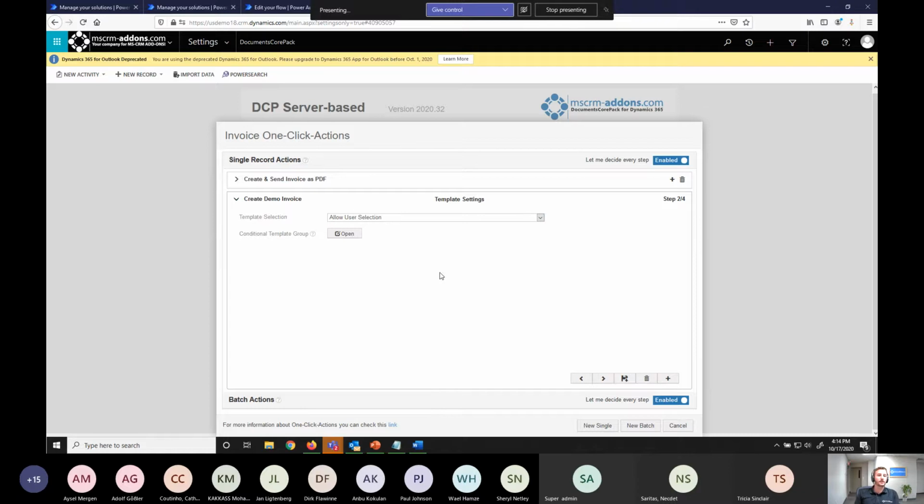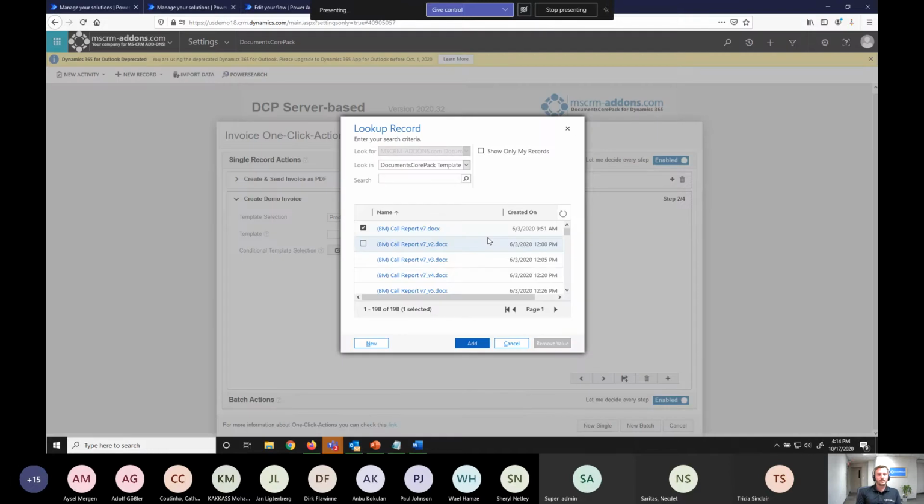You can also use conditional selection of the template. So you can either have the condition inside the template or use separate templates conditionally through the record. So if it sees the owner is part of this business unit, you can set it up to only show them specific templates. So there's really a lot of configuration there in terms of what you want your end users to see from an admin perspective. So in this case, I'm going to predefine a single template, and I will just do invoice,